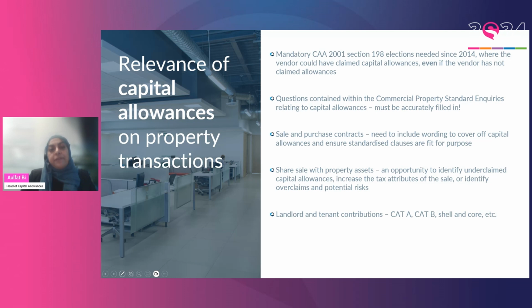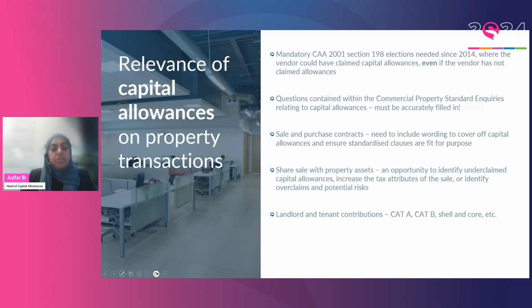You do have a whole section, I think it's question 34 of your CPSEs, that is dedicated to capital allowances, but I can say hands down, I have very rarely seen them filled in properly. And I think the issue there can be, as solicitors, you pass that back to your client, ask them to get in touch with their accountant or their tax advisor. They go to their accountant, who probably only does basic accounts and maybe a tax return for them, and they aren't filled in very well. And therefore, capital allowances can be lost in transactions or not dealt with properly.